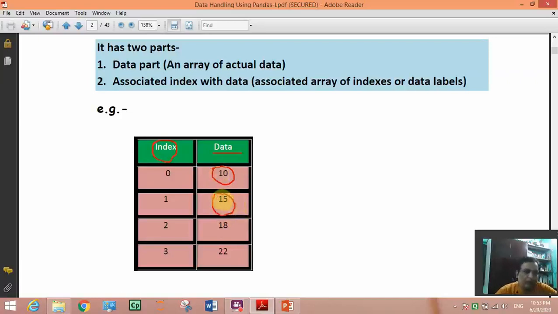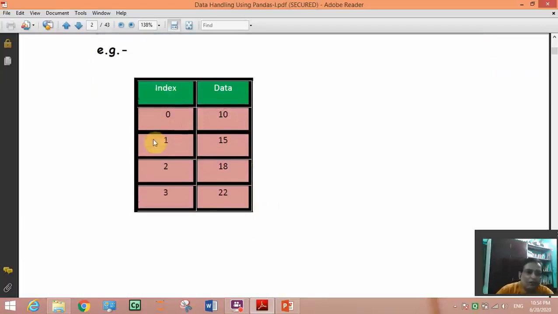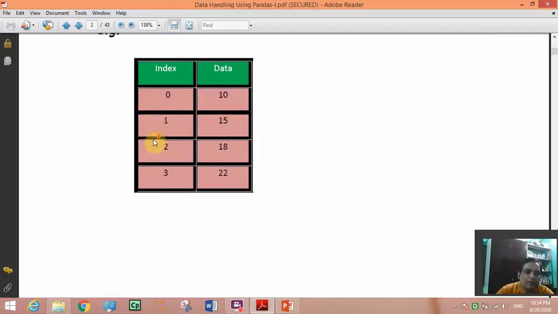It is similar to roll numbers of students in a class. In a class all students have a particular roll number. Similarly in a series all elements will have a particular index. So index is assigned to each data in a series.